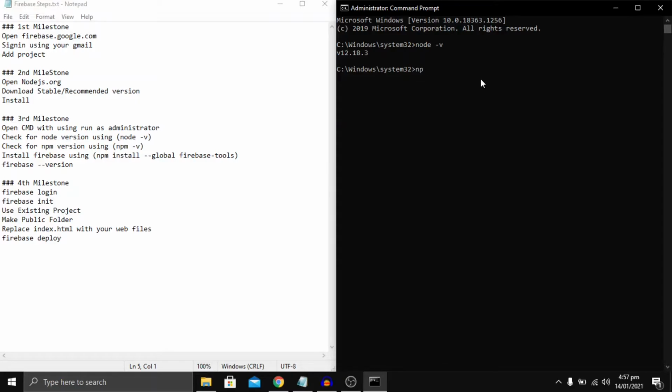Then I would be checking the npm, node package manager, version. All these things are necessary for Firebase hosting, so actually we have to have Node.js on our PC. So finally we are at the step to install Firebase on our PC. So we are going to run